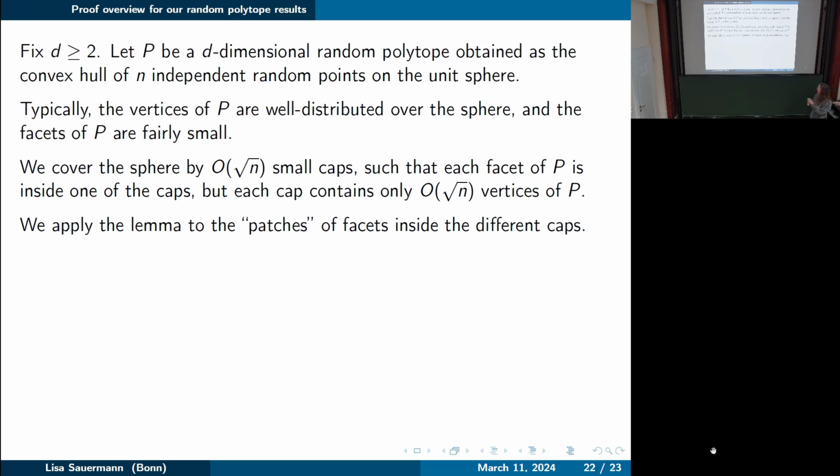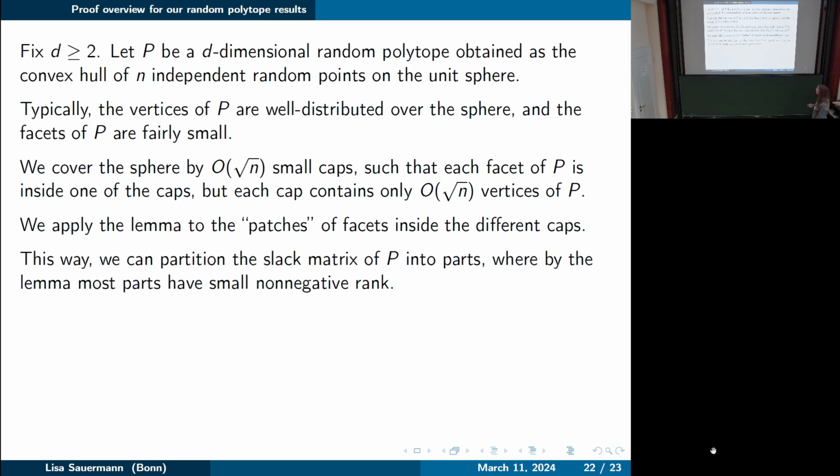And now each of these caps gives you a patch of facets to which we want to apply the lemma on the previous slide. That means we can partition the slack matrix into parts, where by the lemma, most parts have small non-negative rank. What I mean by that is, the vertices lie in some caps, the facets lie in some caps, and so on. The lemma on the previous slide always tells us that if you look at some patch of facets and omit the vertices which are inside that patch or close to it, then for all the remaining vertices, we have